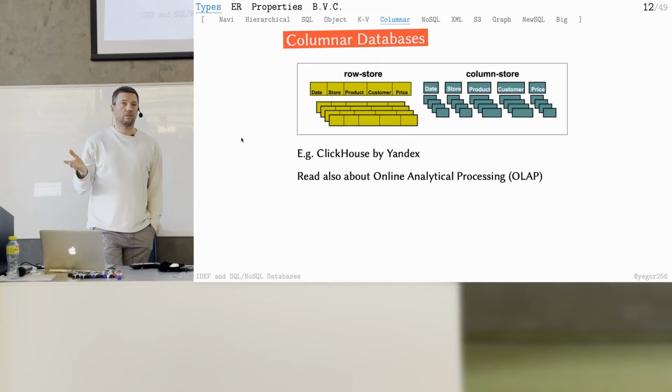Something like that. I have no idea in details how it works, but I understand that it's good for large amount of rows, and each row has many, many, many attributes. For example, web click. So every time the web click comes to your site, you have many, many parameters of what happened on this click. Like the time, when it happened, what's the IP address, what's going to be the location of the page where it's coming, what was in the cookie, what was in the header, what was in the user account at this time, what was the previous history, a lot of information on each click. So each web click will generate you a long collection of attributes.